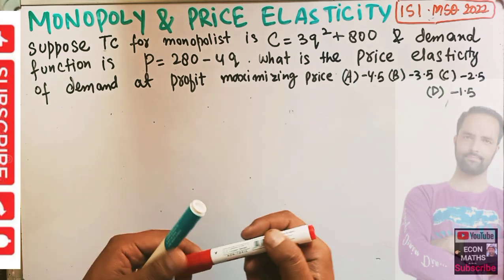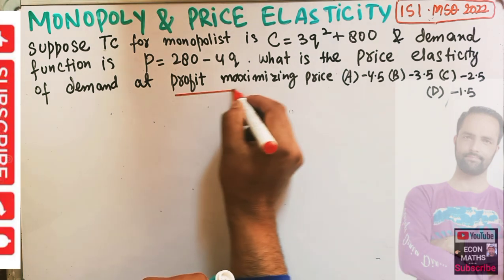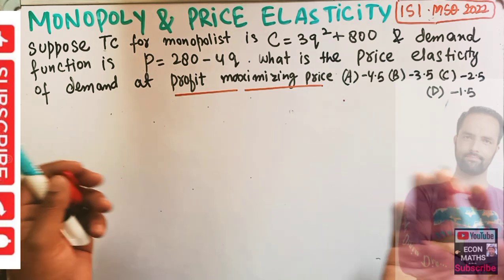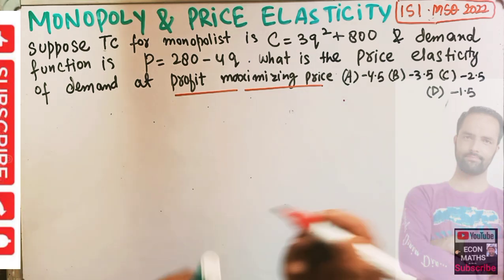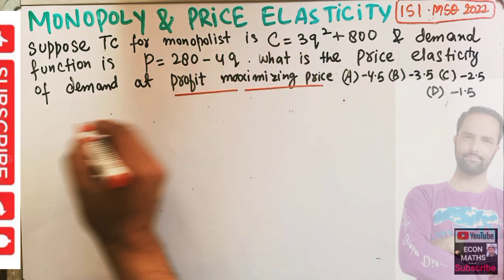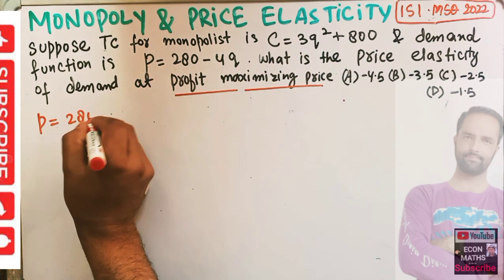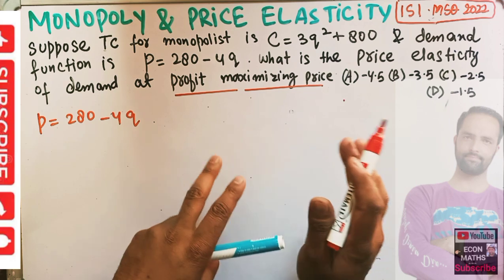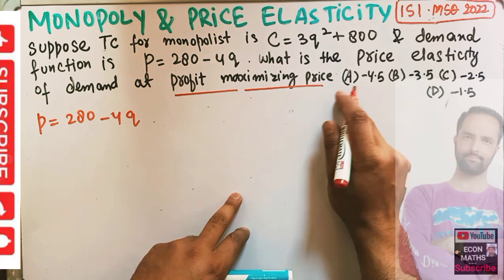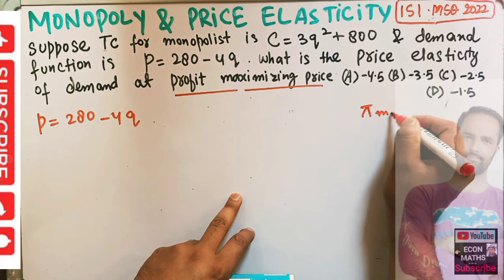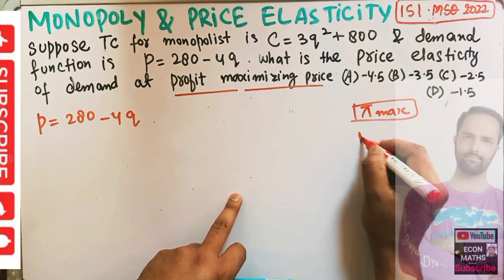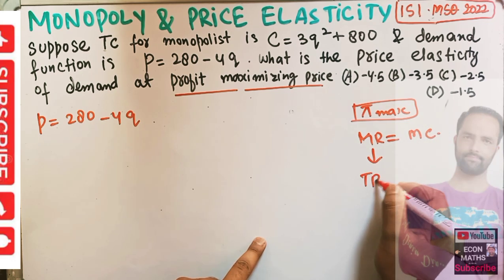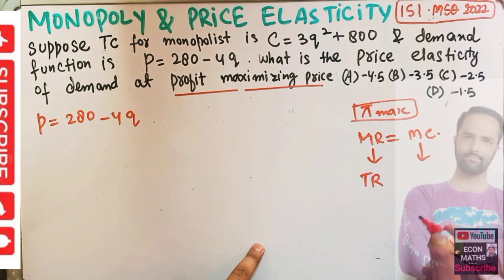Okay, so first thing is first, we need to find out the profit maximizing level of price. After that we can calculate the elasticity of demand, that is price elasticity of demand. Now what we are being given is the demand function, P = 280 - 4Q. This is the inverse demand function. Since we have to first calculate the profit maximizing price, we need to find the profit maximizing condition. The profit maximizing condition in case of monopoly is that marginal revenue should be equal to marginal cost. Now to find the marginal revenue, we need to find out the total revenue, and similarly to find the marginal cost, we need